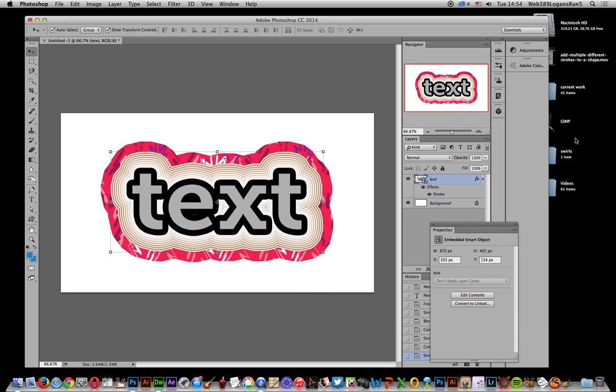Click OK. Right, once you've done that, that's it. You've got multiple strokes added to text and type in Photoshop. Hope you found this